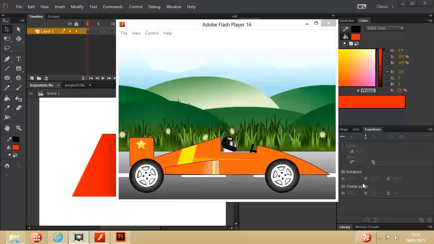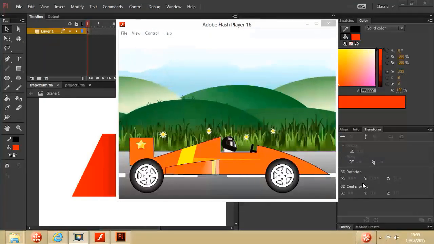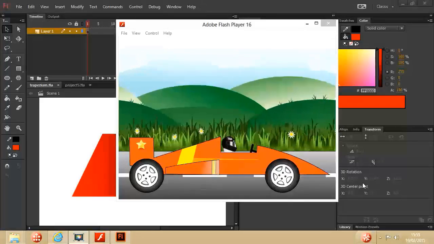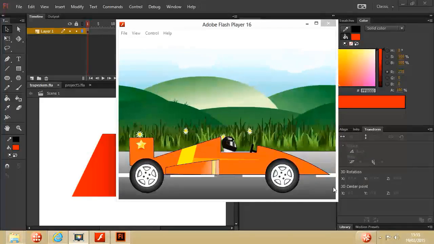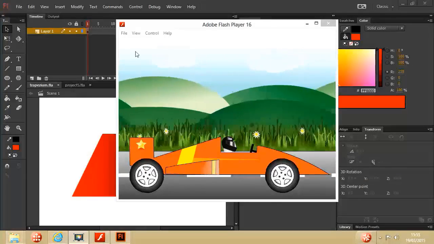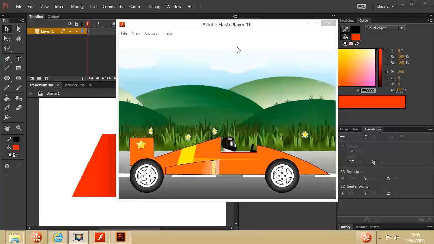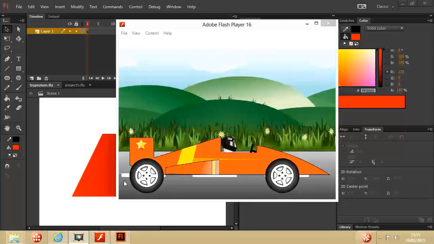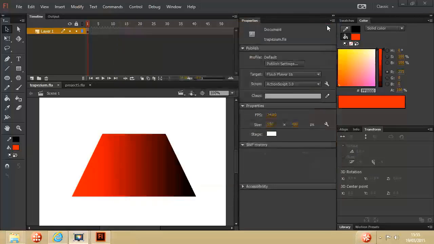So I said in the last lesson we were going to put ActionScript coding to one side and focus instead on drawing tools and Flash animation. So this is an example of a Flash animation that I've set up, and in later lessons I want to show you how to put this together. But I'll cross that one off for the moment, because in today's lesson we're going to be focusing on drawing